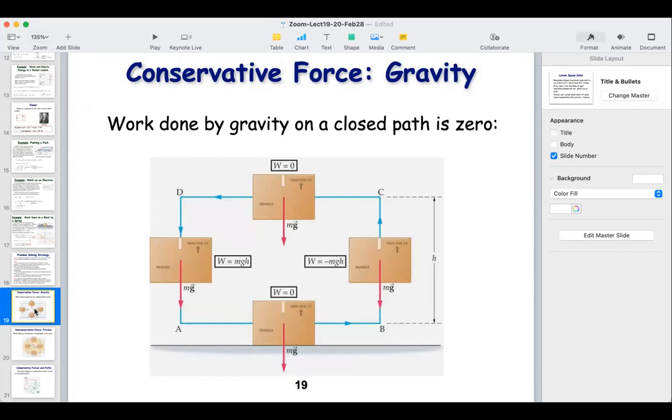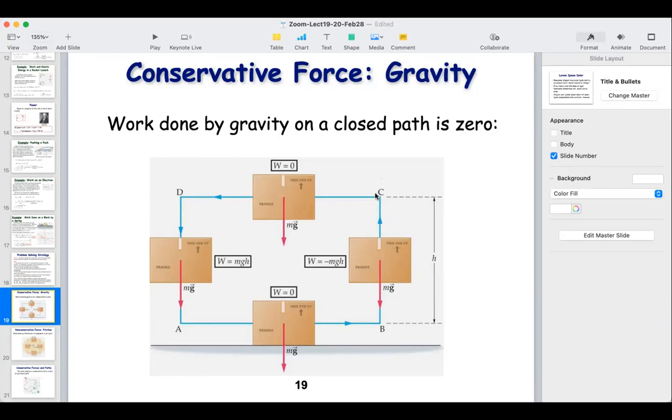The work done by gravity in a closed path is 0. So if we look here, a closed path A, B, C, and D, we have that the work done from A to B is 0 because there is no displacement along the X. So the work here is 0. From B to C, the work is minus mgh, right? Because the force is going in this direction and the displacement is going in this other direction,